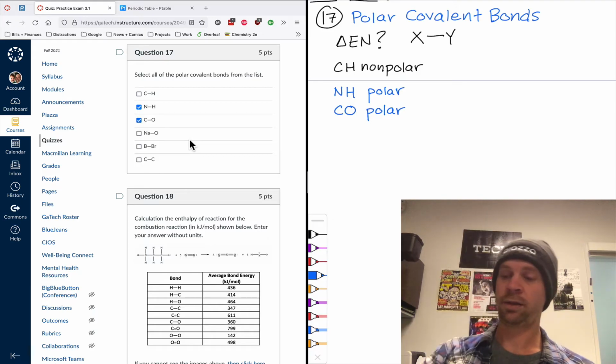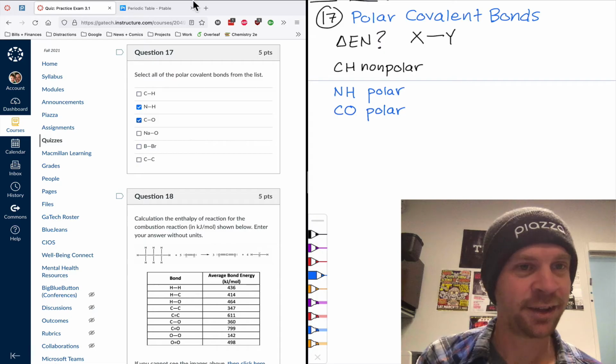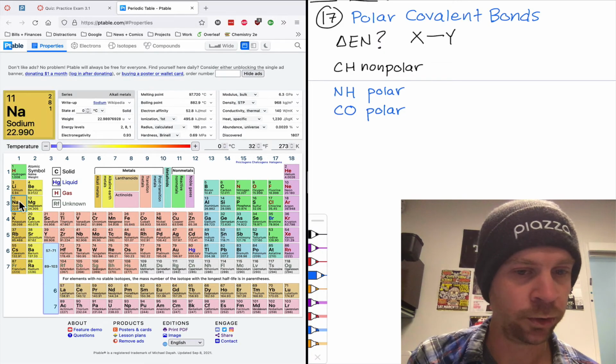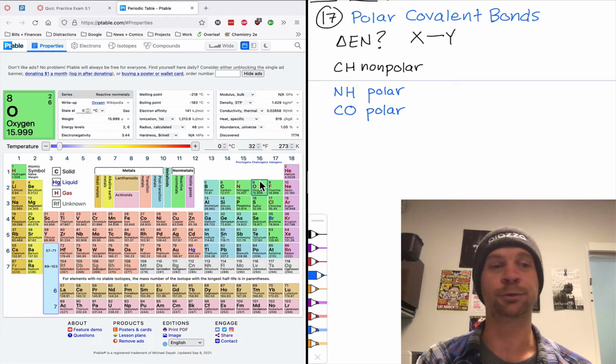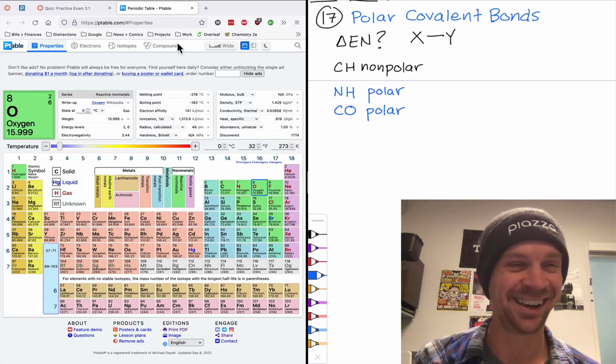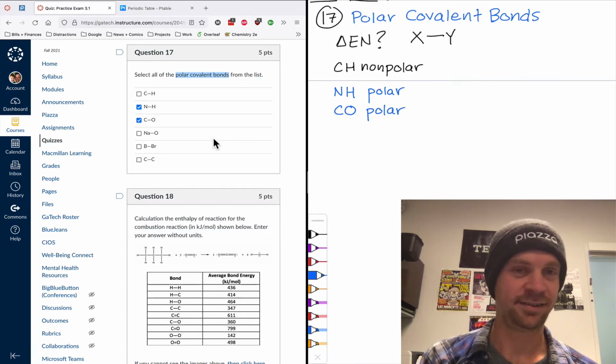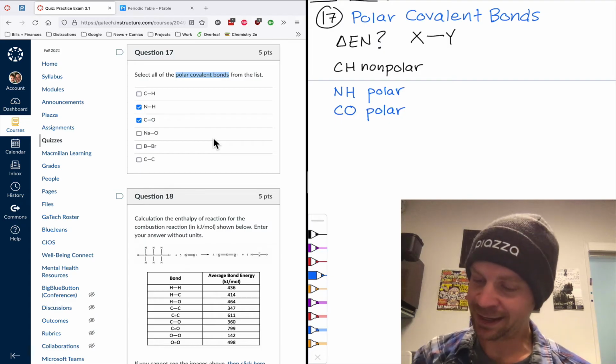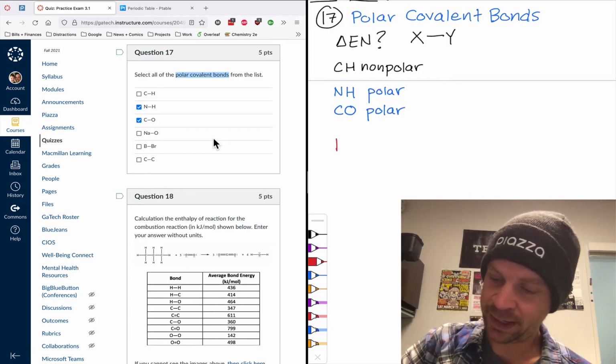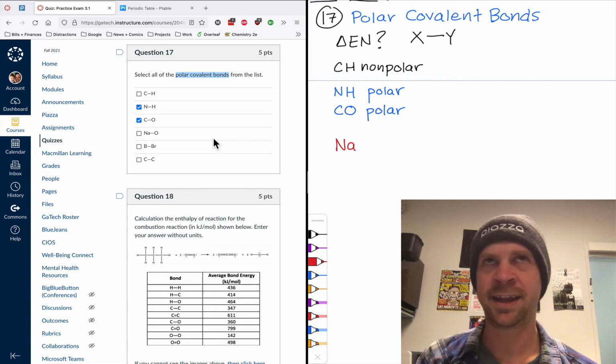Na-O. Well, Na is on the far left side of the periodic table, and O is on the far right-hand side of the periodic table. Looks pretty polar to me, right? But hold on a second, take a breath. Covalent bonds. Is Na-O a covalent bond? Na is a metal,